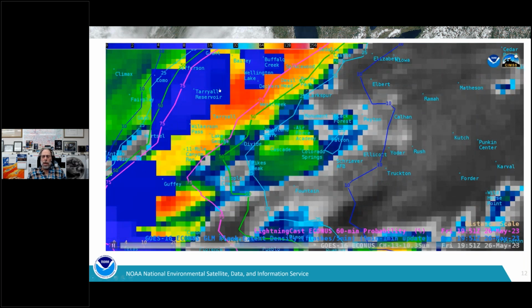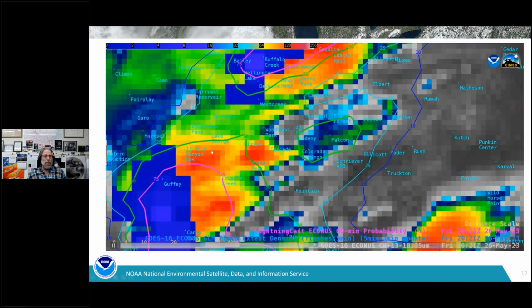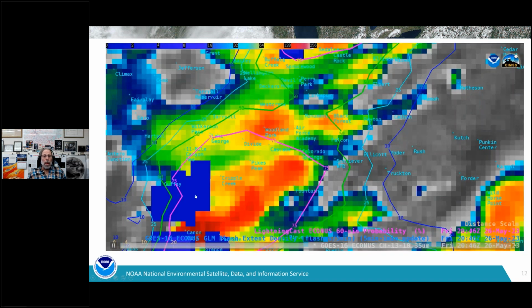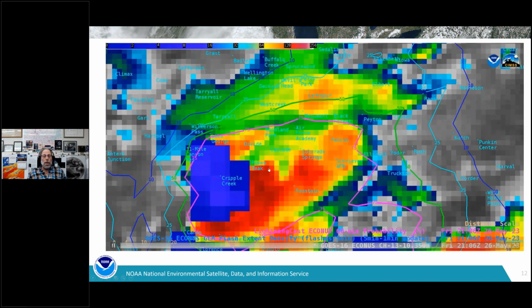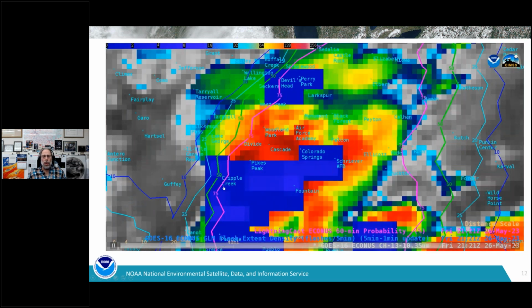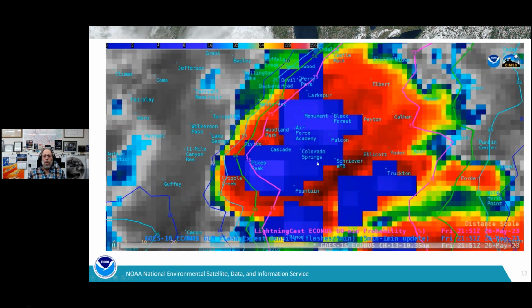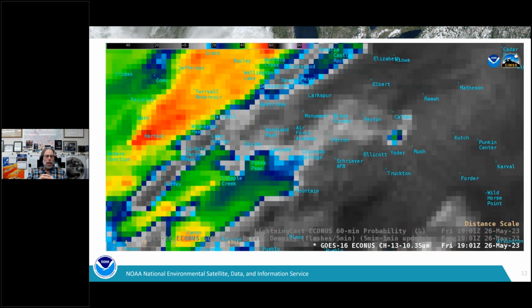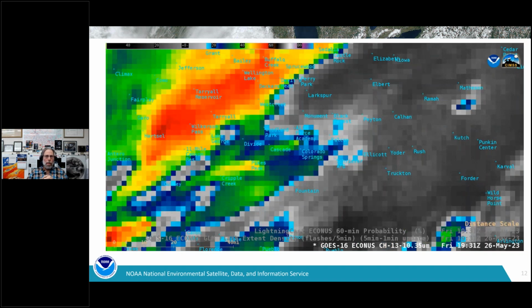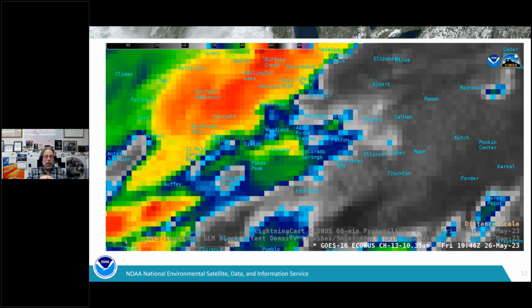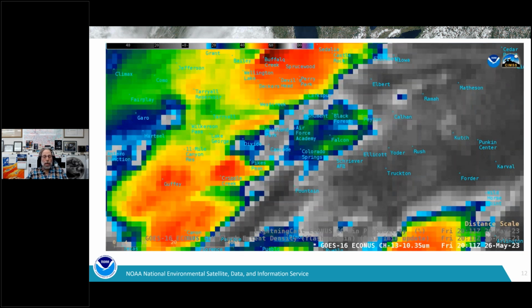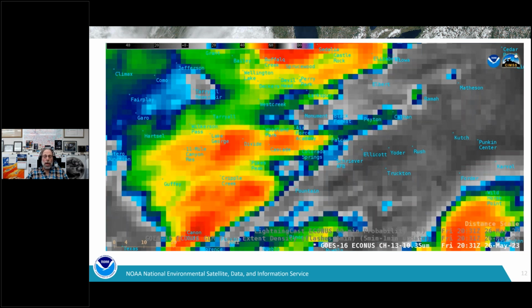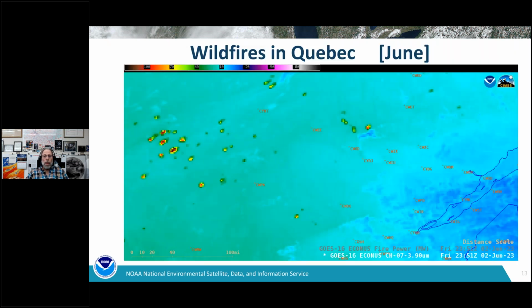So again, you can see a big 75% and then covers this area, and the subsequent GLM really covering the whole area. So just an example of fusion to bring in a lot of different data, in this case for the LightningCast with AI trained for the ABI. Moving on to June, of course, this whole summer had a lot of smoke from Canada.